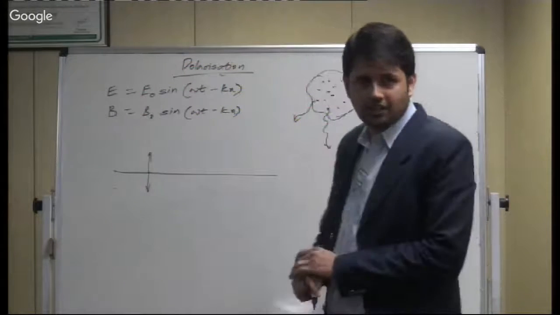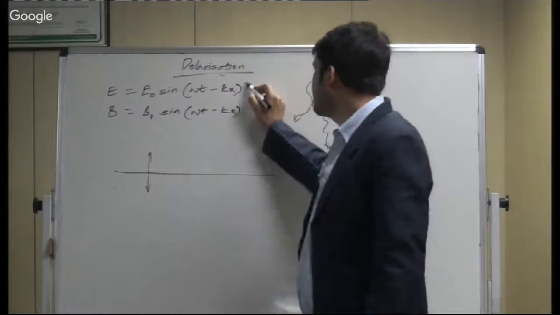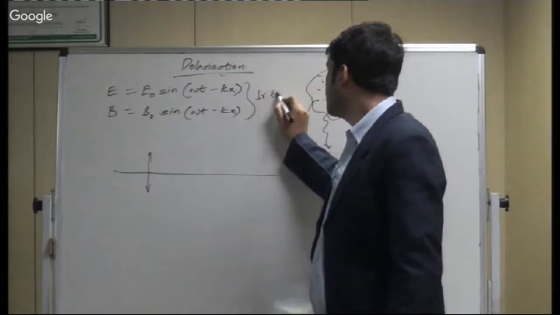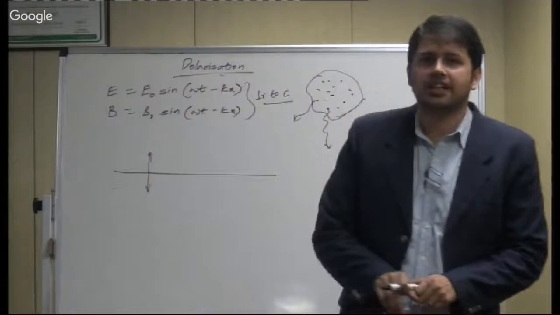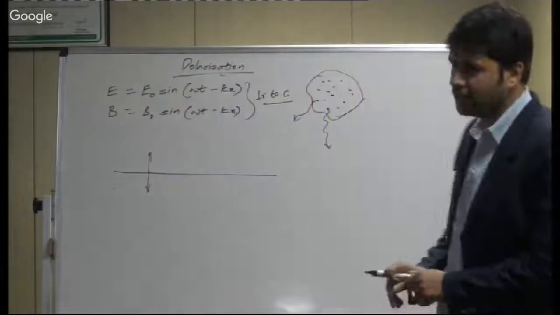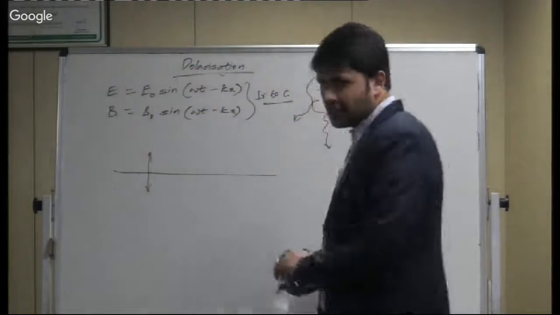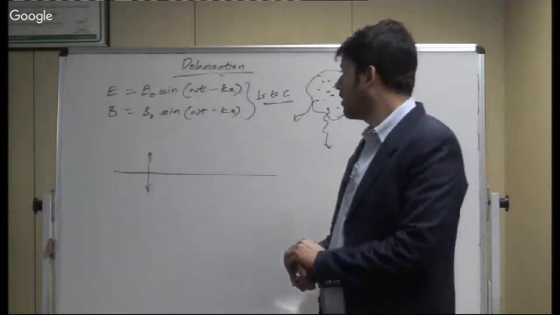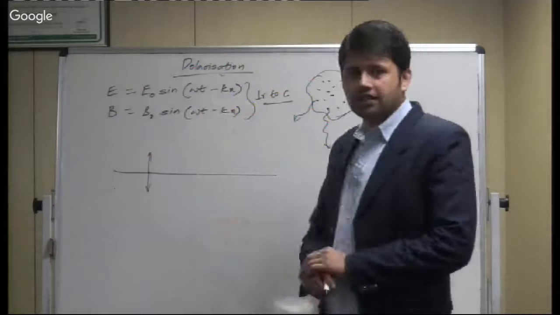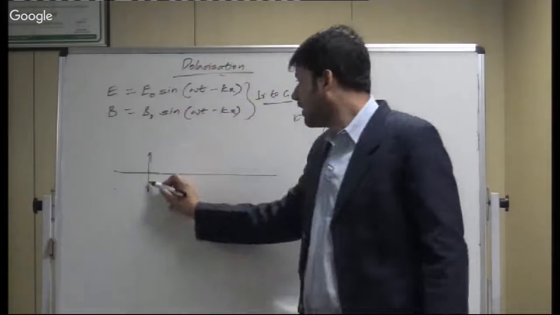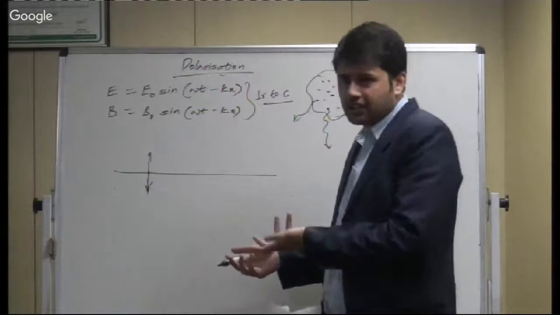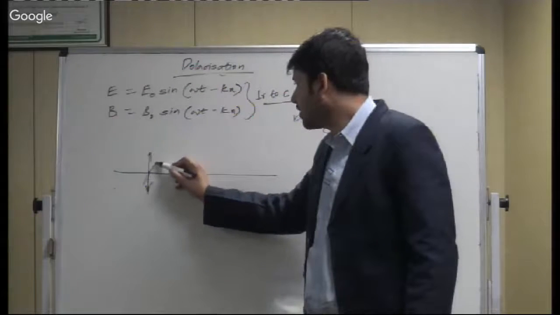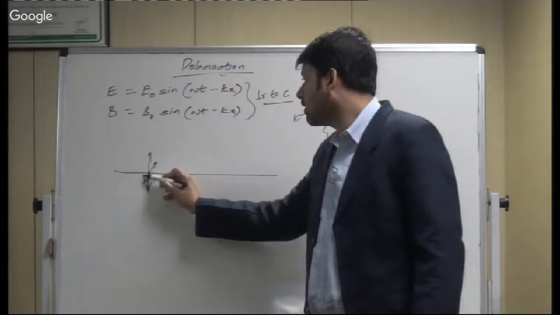We already know that the electric field as well as the magnetic field are perpendicular to the direction of propagation of light, for light or any other EM wave. For the second ray, let us say some different scenario. For the third, like this,